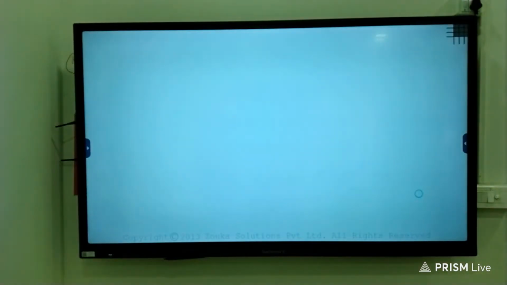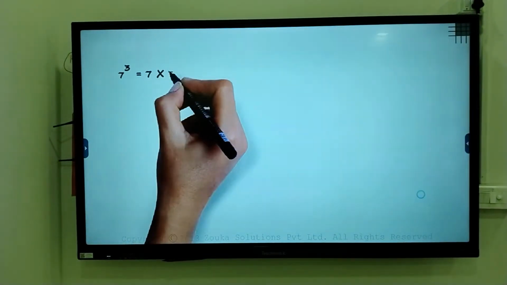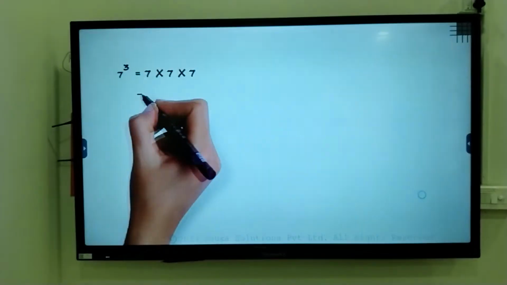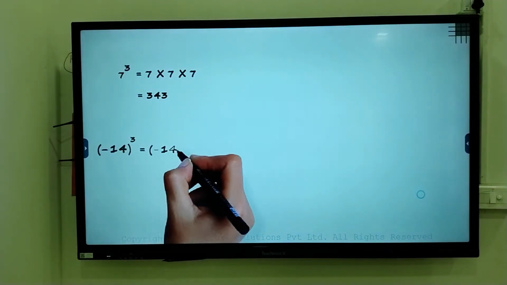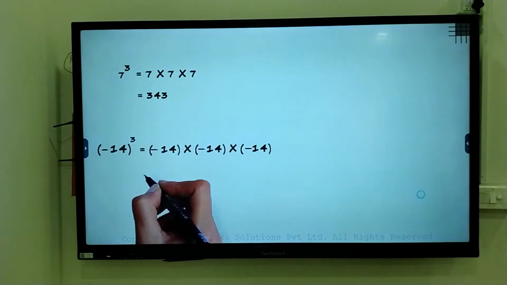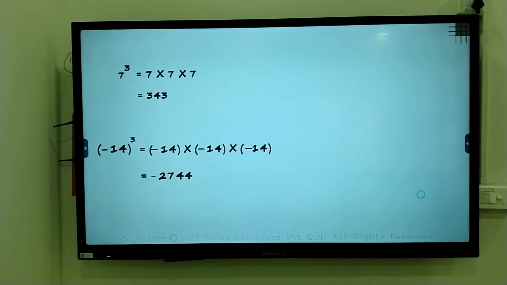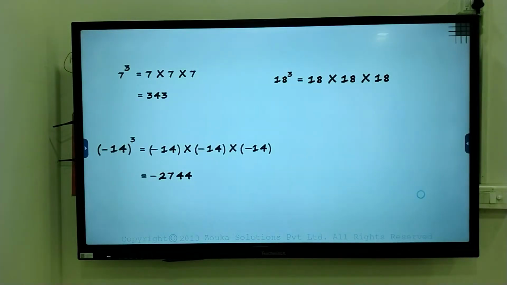Now there's a vital property we need to understand. To understand the property, here are a few examples. How do we find the value of 7 cubed? It is 7 multiplied by 7 multiplied by 7, and that equals 343. Minus 14, the whole cube, equals minus 14 multiplied by minus 14 multiplied by minus 14. That equals minus 2744. And similarly, 18 cubed equals 18 multiplied by 18 multiplied by 18, which equals